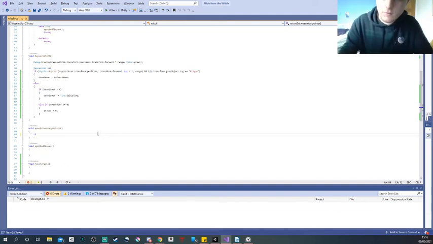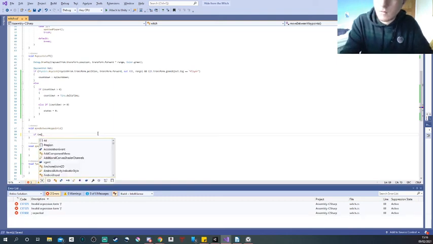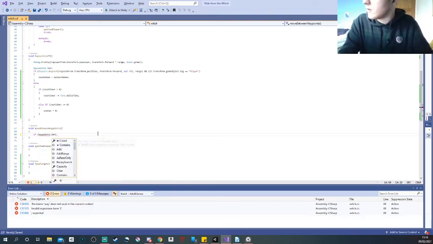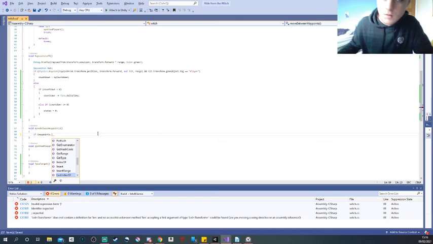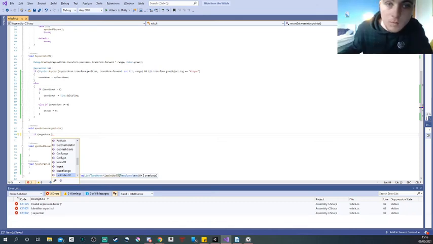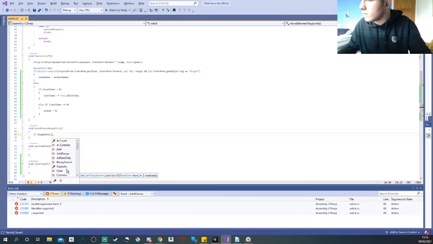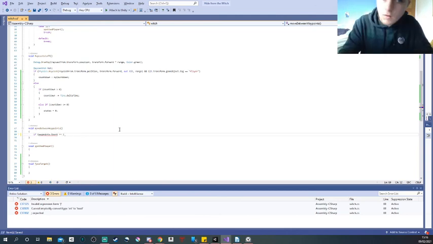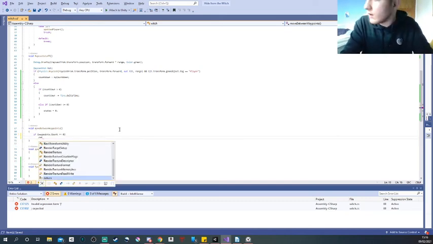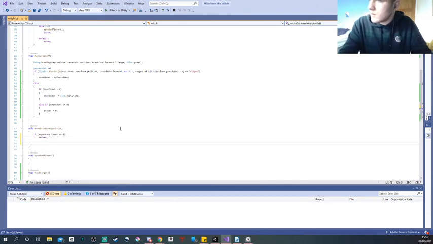So here basically if there's no target, I would just return. So that's basically saying if there's nothing, don't bother. Then if